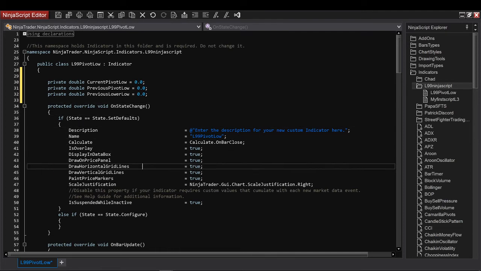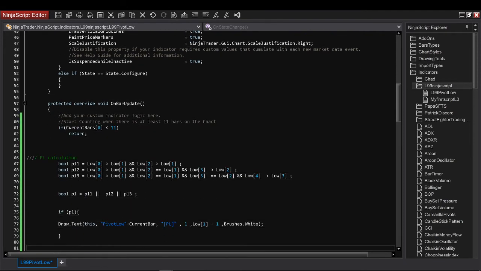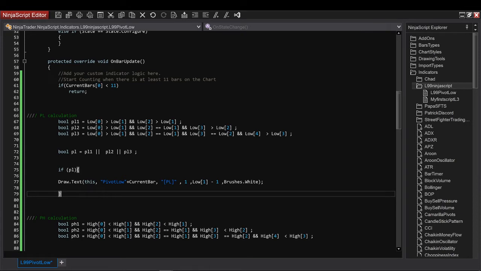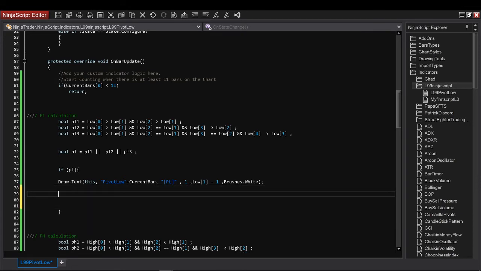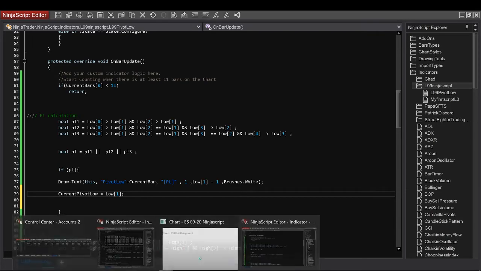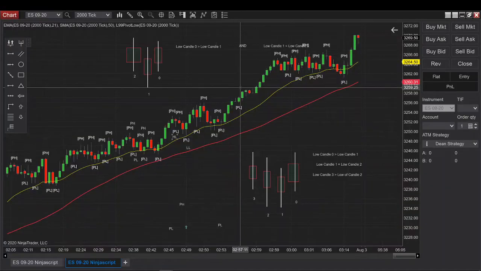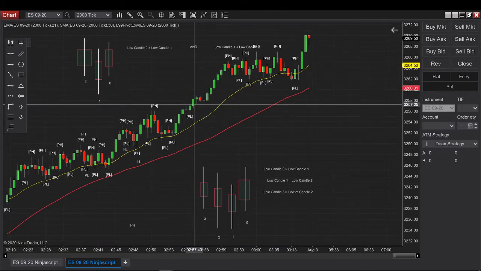Now that we have those variables, I just need to do the if-else condition on my pivot. So the current pivot low, what is it? It's equal to the low of 1. This is my current pivot low. Let's say you are here on the chart.